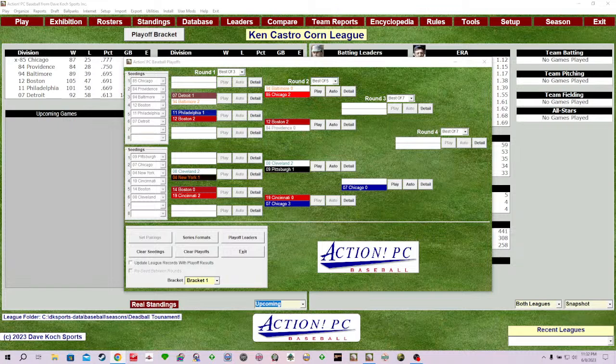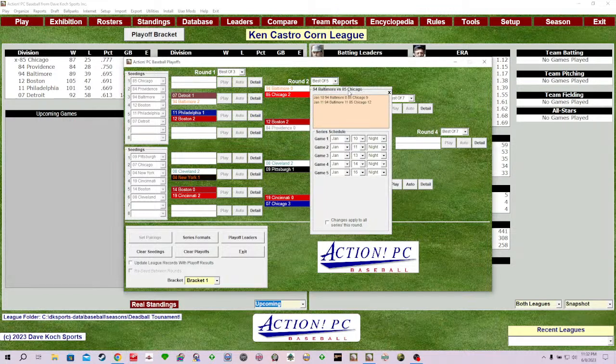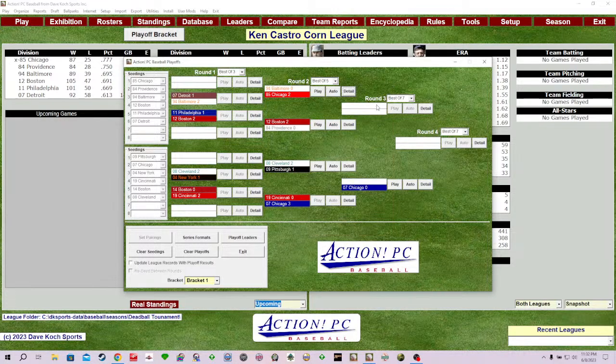Welcome back. Here we are at the KCCL again. This is a 19th century dead ball tournament, and it's been a lot of fun. And we've got a little ways to go yet. We're in round two, which is the best of five. We had a great one the other night, the 1885 Chicago White Stockings and the 1894 Baltimore Orioles. That thing was a battle, to say the least. And we'll go back and look at some box scores on that.